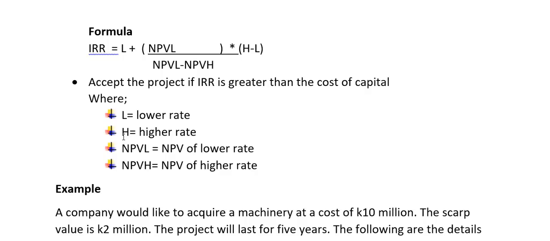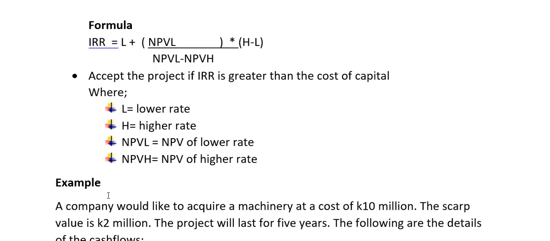Now the rule is this: if your IRR is greater than the cost of capital, then you should accept the project. So let's say IRR is 15, cost of capital is 16, then you're going to say the project should be undertaken. So that's the decision there. So we'll have a simple illustration before we go to the actual